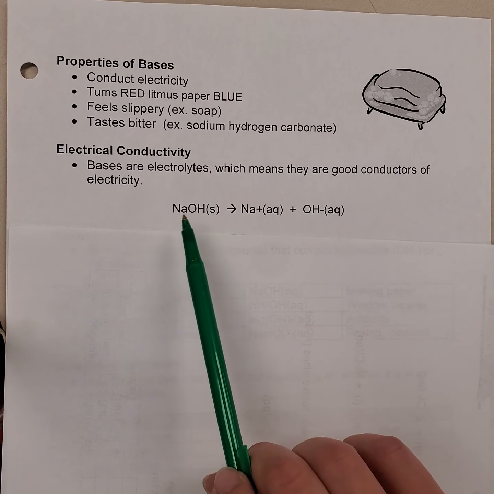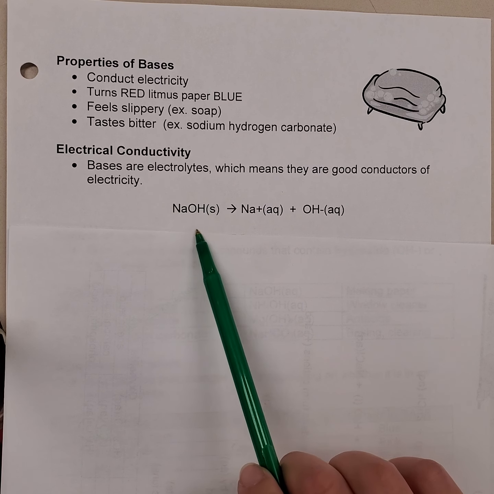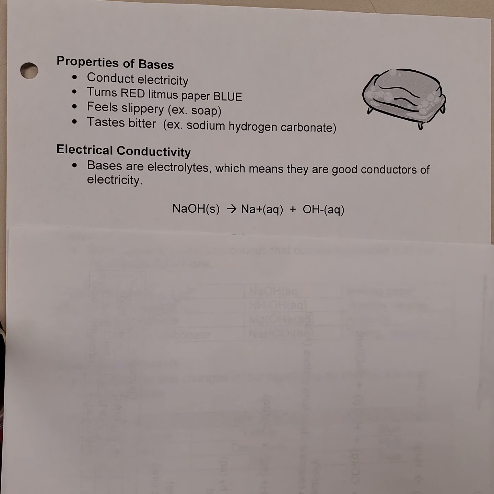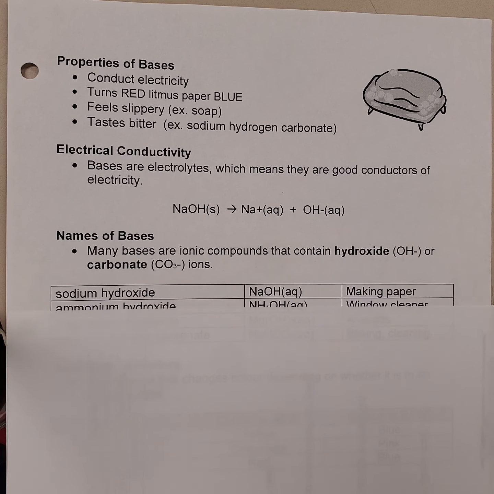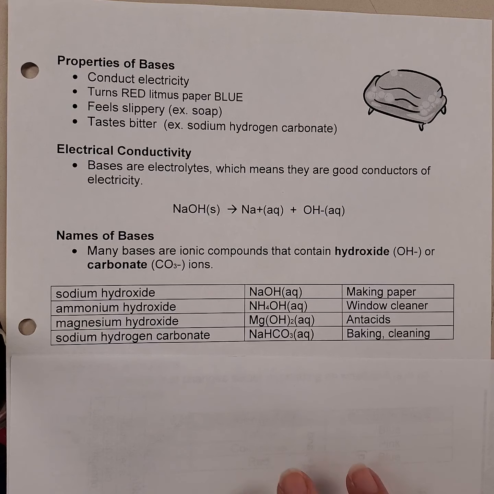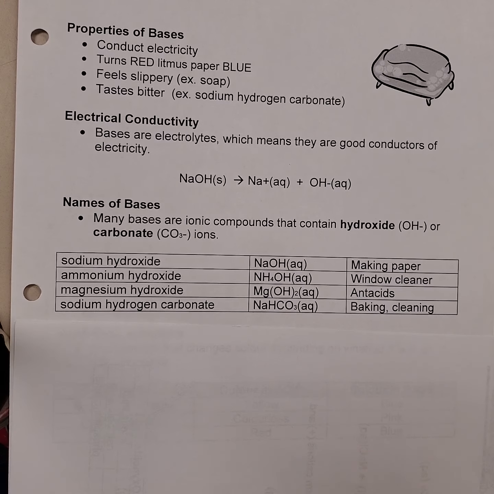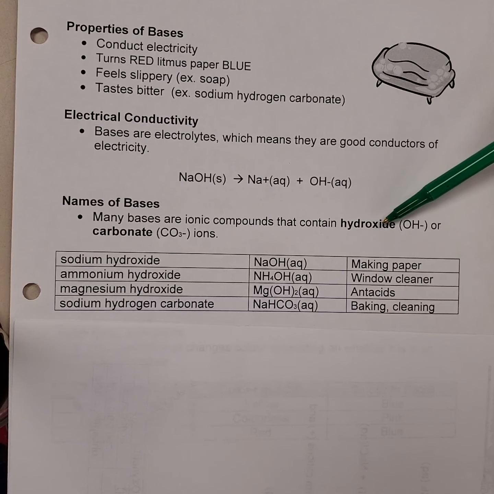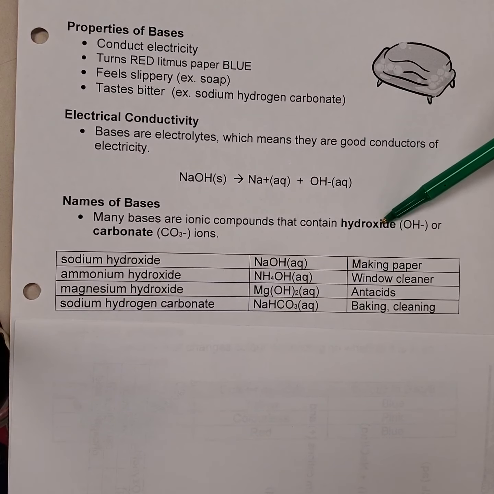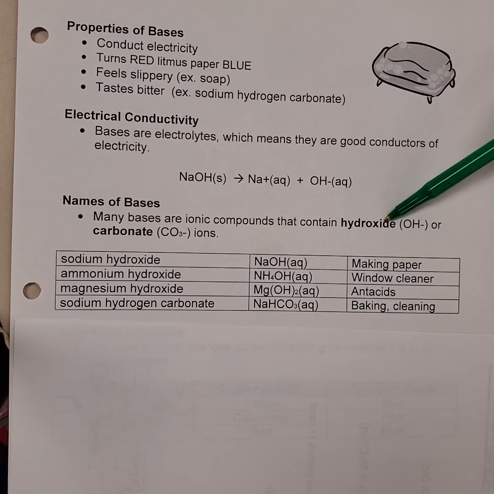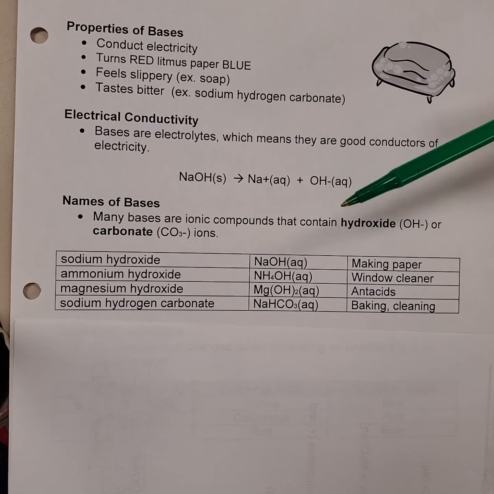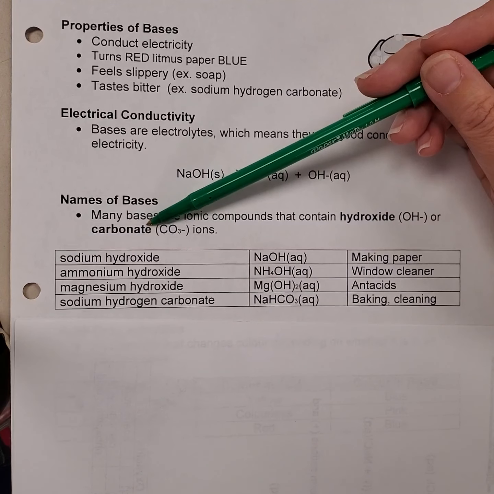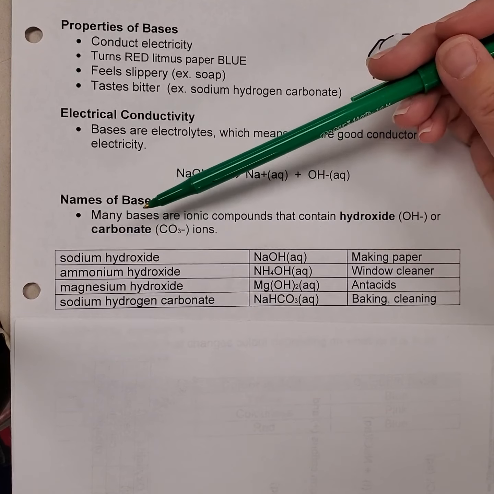So we take an example of a base here, sodium hydroxide. It can dissociate to two ions, and the ions are what make it electrically conductive. Now, there's two ways to identify if a chemical is a base. The first way is if you see the polyatomic ion hydroxide on it, this is indicating that the substance is a base. If you see carbonate as the polyatomic ion, that's also going to indicate that the substance is